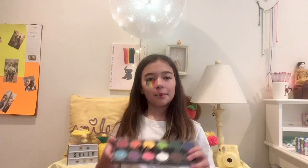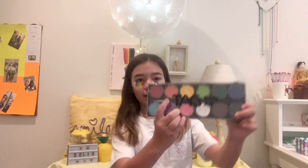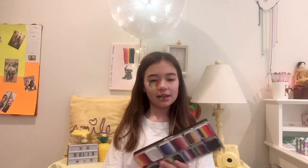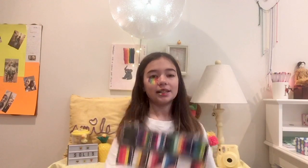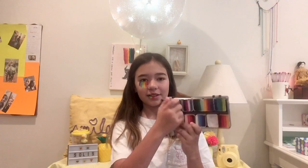In case you're wondering, I use Tag Body Art for my face paints, and for the brush, I use the flat brush that comes with it. If you ever just want to paint one of the Pride flags on your face, I suggest getting these split cakes. They're a lot easier than going brush stroke by brush stroke, and you can just do it all in one stroke. You use a sponge, get it on there, and just...